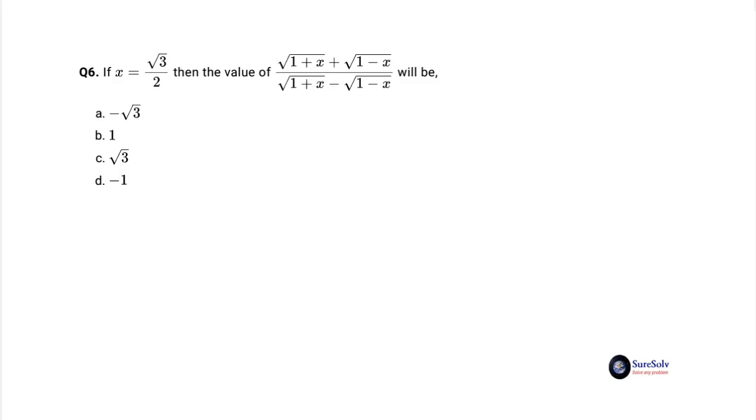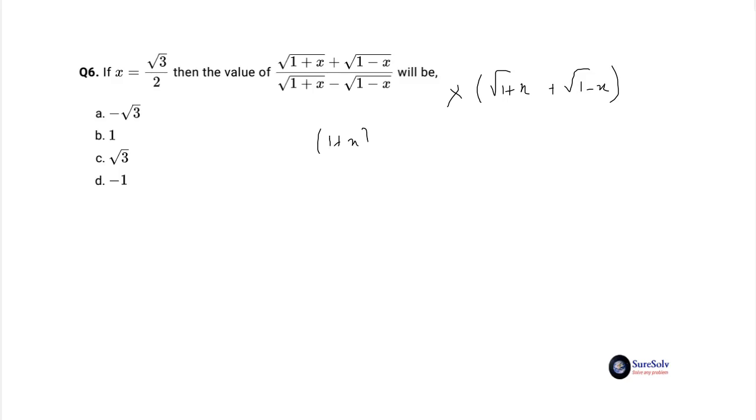Following the golden principle of algebraic expression simplification, we first try to see whether the direct expression can be simplified by itself before substitution of the desired value of x. We find it easily possible by multiplying both numerator and denominator with root over 1 plus x plus root over 1 minus x. The denominator reduces to just 2x.